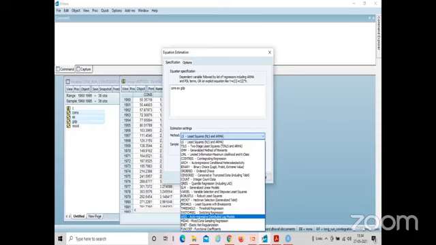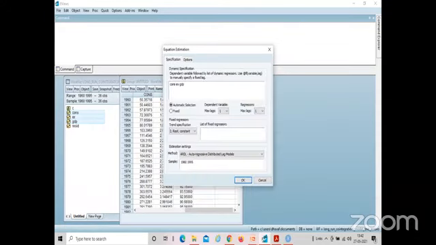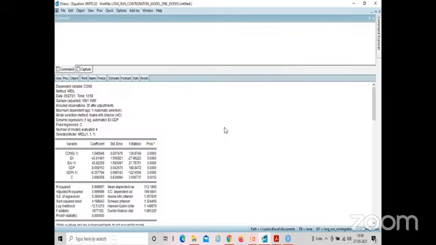Done? Right. So cons, X, GDP. Maximum lag is 1 for the dependent variable, so if cons is there, I will take consumption -1. And for the regressors, X and GDP, the maximum lag is 1, so X -1, GDP -1. The restricted constant is there, right? This is there. Click OK, and you will get the answer.